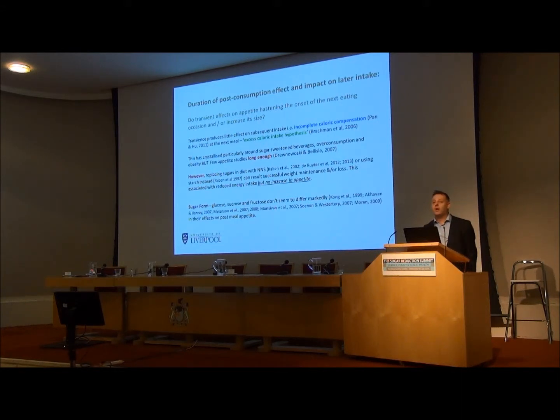Well, what do I mean by incomplete caloric compensation? It means if you add calories at that meal there, and track them out to this meal here, if you are calorically compensating, the more calories you add there, the less you will consume there. Okay. But if you get incomplete caloric compensation, you don't get the proper adjustment at the second meal for the calories you consumed in the first. So that's all we mean by that phrase.